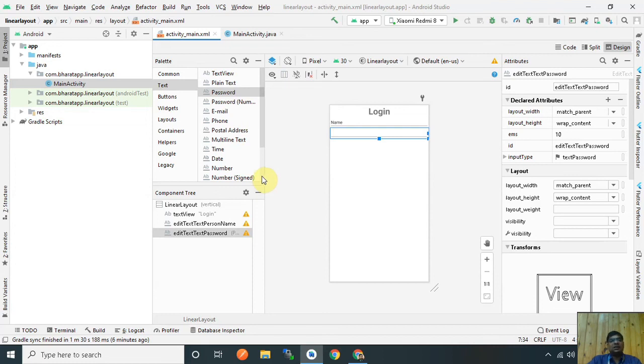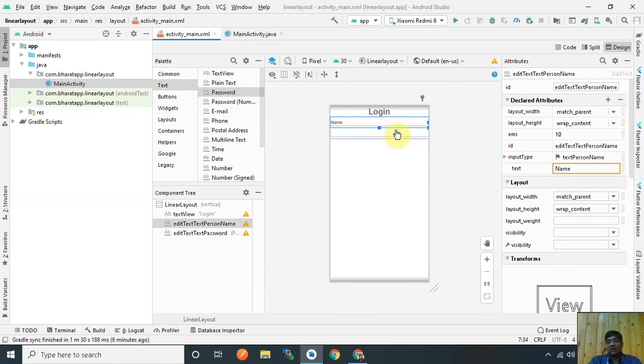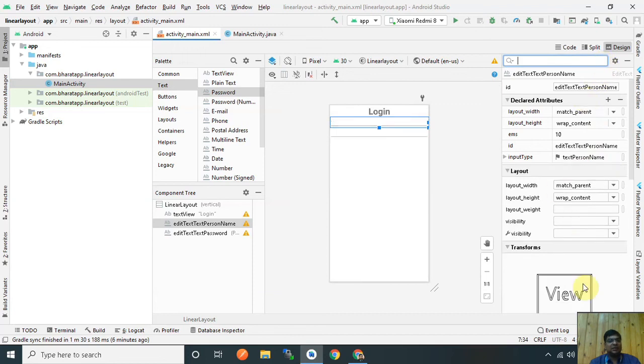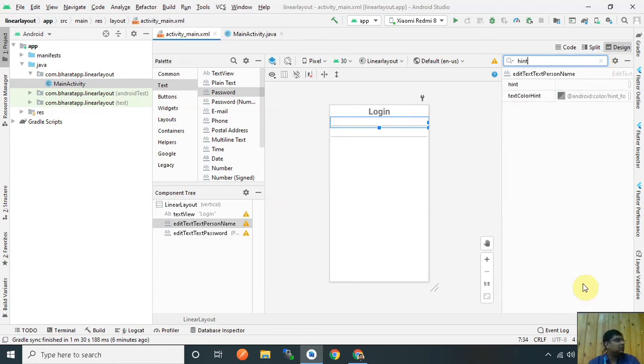Okay. So now I format that edit text. First I remove the name here and find the hint. What is the difference between hint and text?